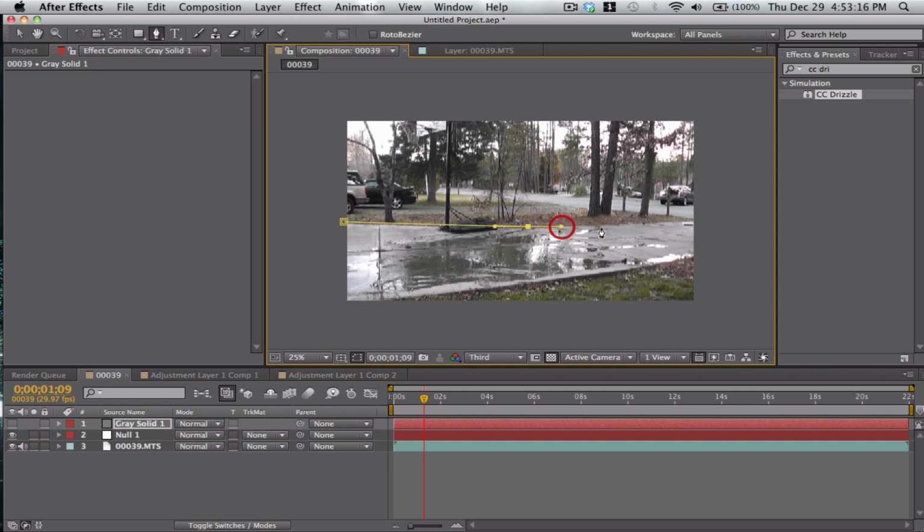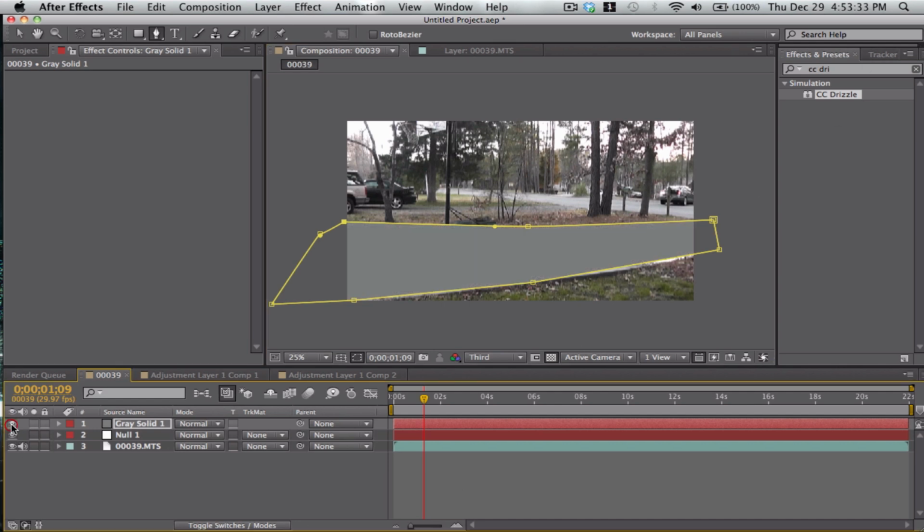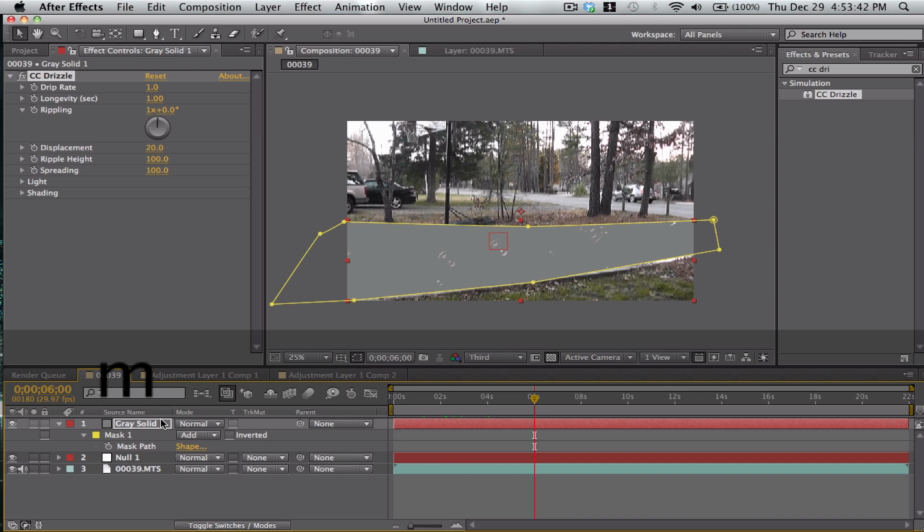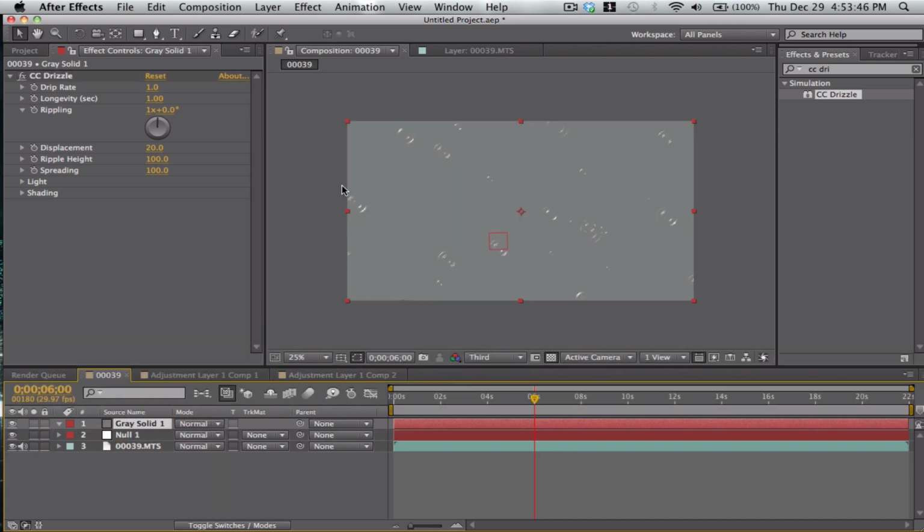Off the hard surfaces. There we go. Now apply the effect CC Drizzle. Okay. There. Let's delete the mask and